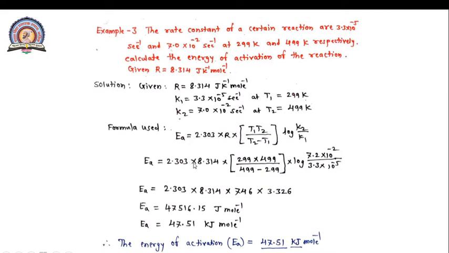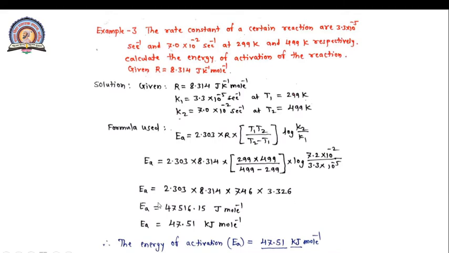Then solve these terms. Now here Ea is equal to 2.303 into 8.314 into the whole terms. Now solve this term into 746 into this term into